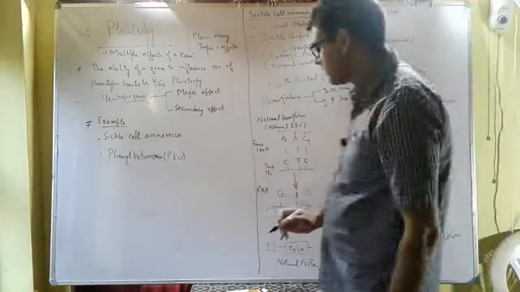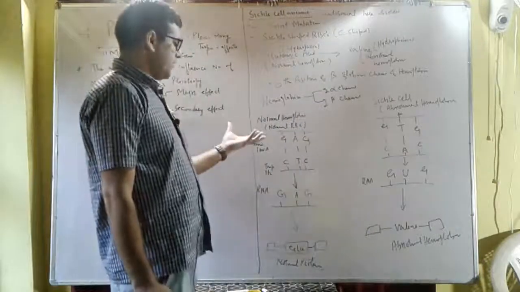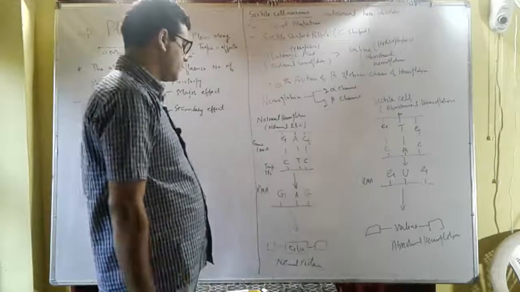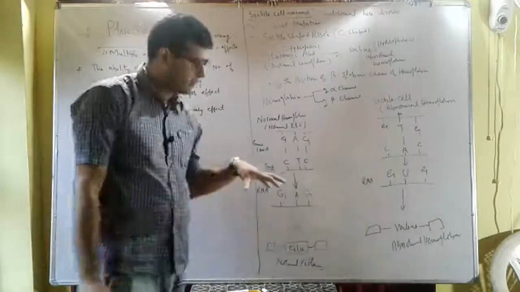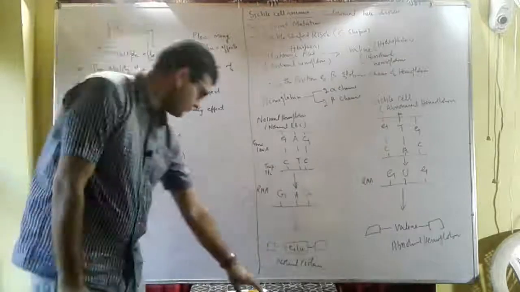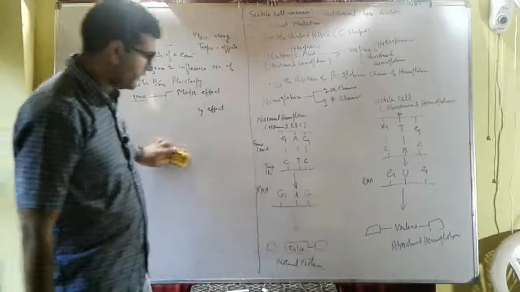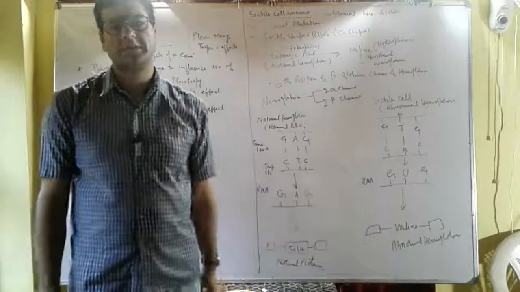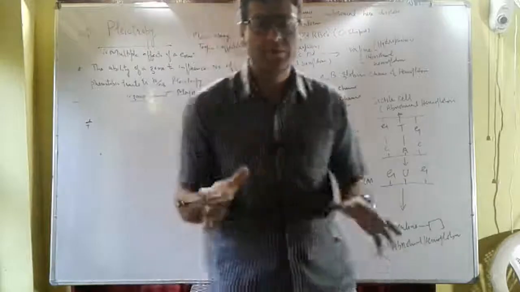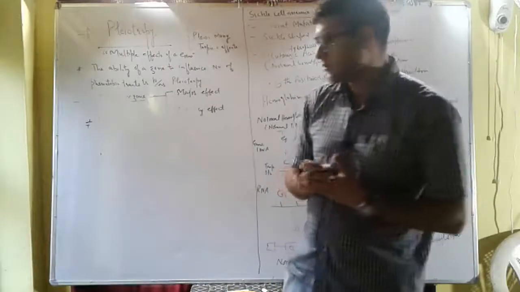So we have seen that this is the major effect of this point mutation in case of sickle cell anemia. Now, these sickle shaped RBCs, that means C-shaped RBCs, they cause the secondary effects. For example,